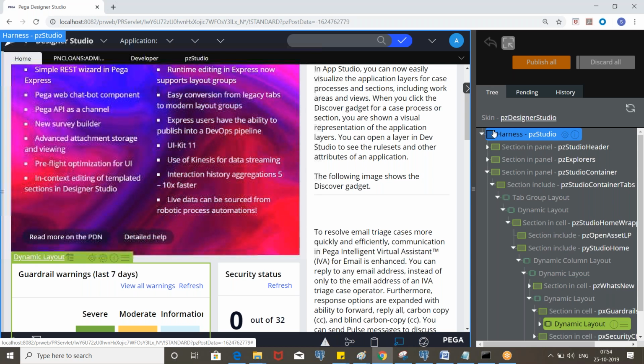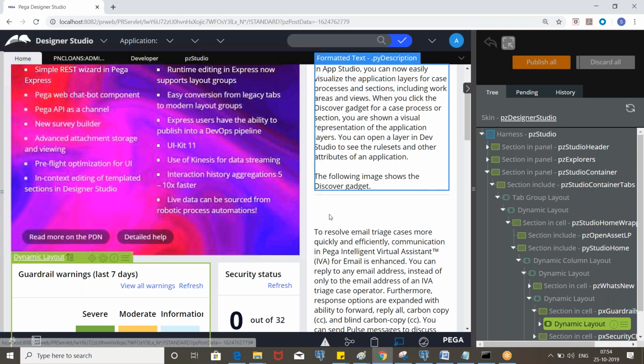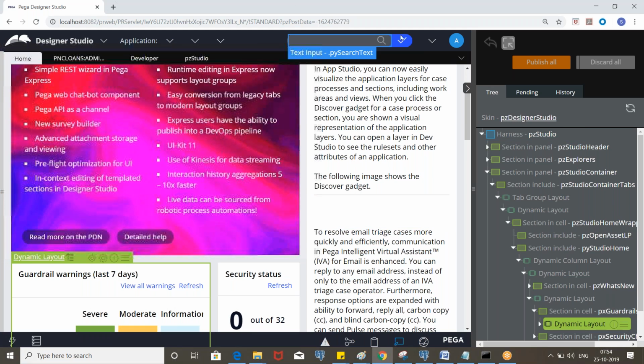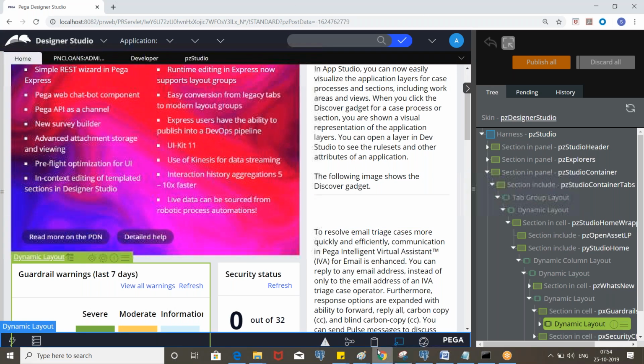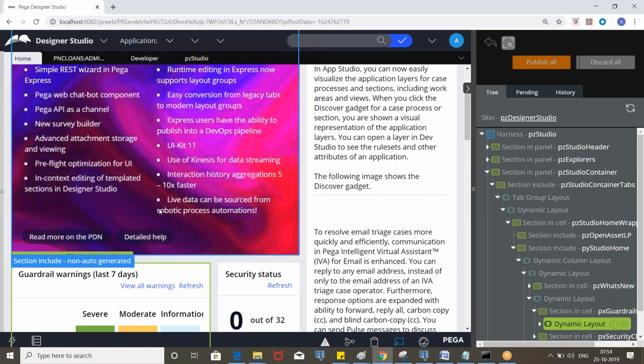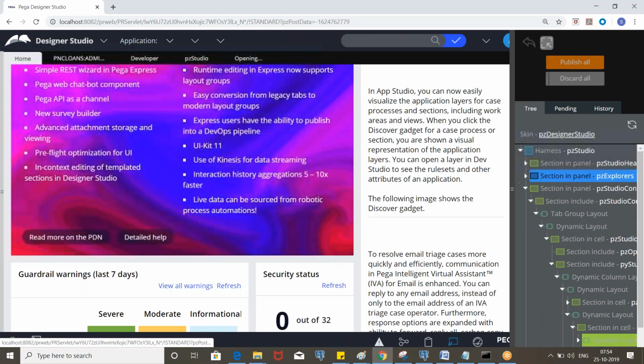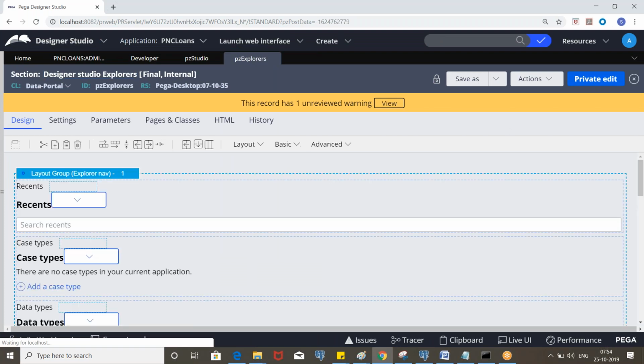You cannot go to the classes and check one by one. So you can simply click on live UI and move the cursor, and you will find the exact rule which is being used. When you click on that, that particular rule will be opened.